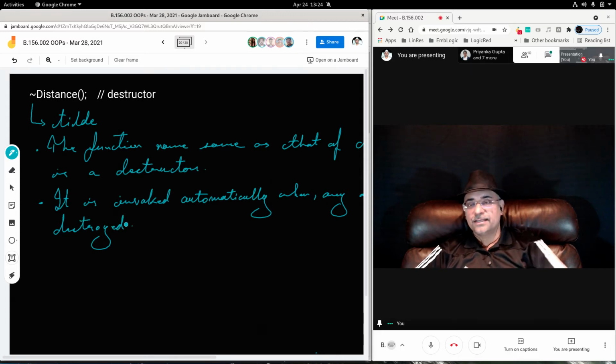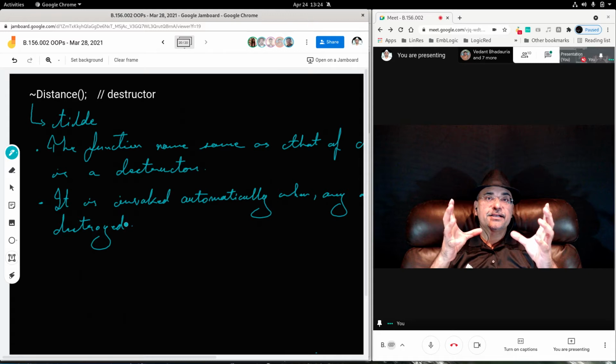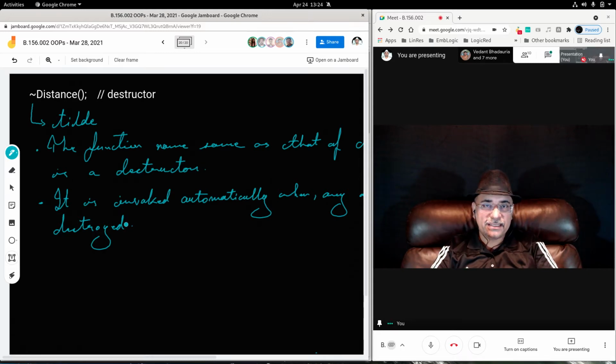Okay. So when the object is created, the constructor gets invoked automatically. And when the object is destroyed, the destructor gets invoked automatically.